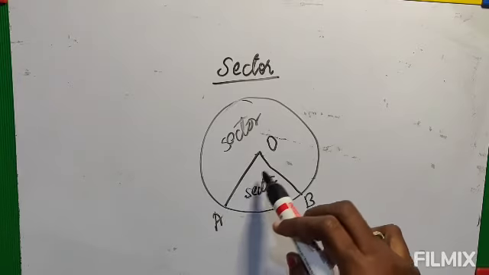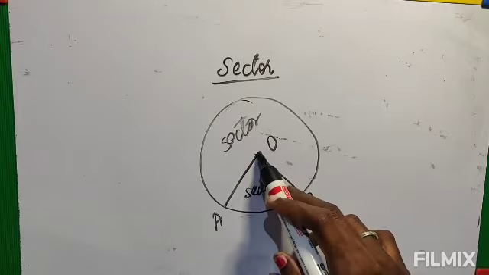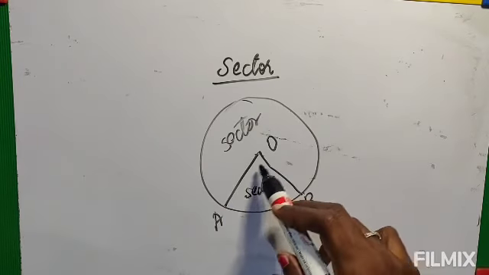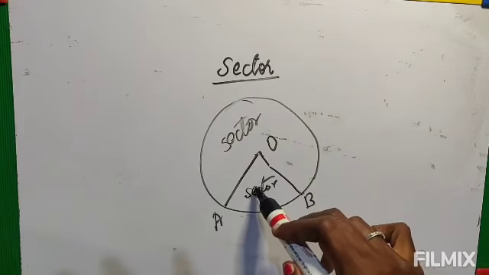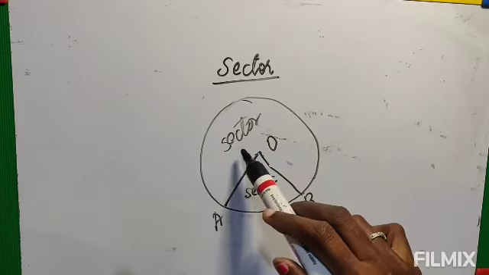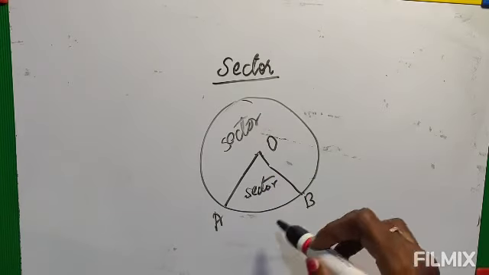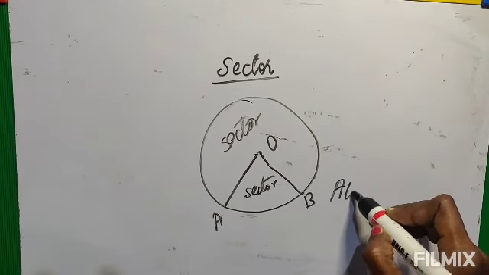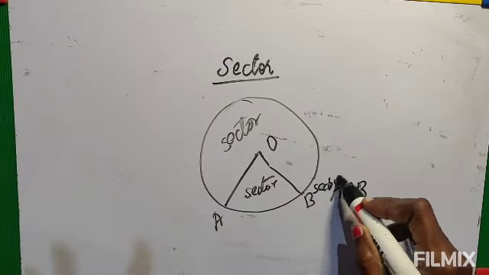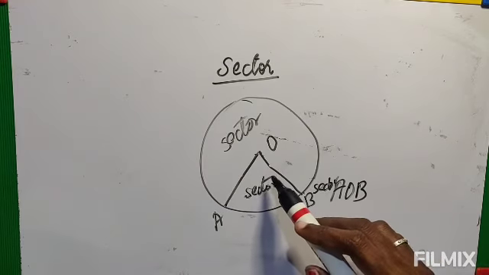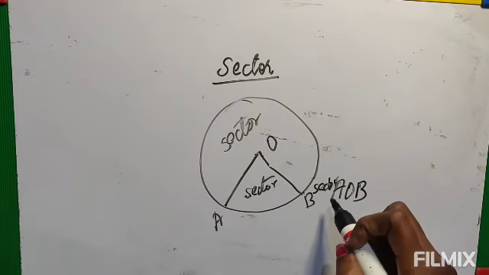That means between two radii, the part is called the sector. This is one radius and this is one radius. Between these two radii, here is a smaller one. If you take this as inside, then one sector is inside and one is outside. We mark the sector with three letters, so here the sector is AOB. This is the way we write it, sector AOB. The portion between the two radii is called the sector.